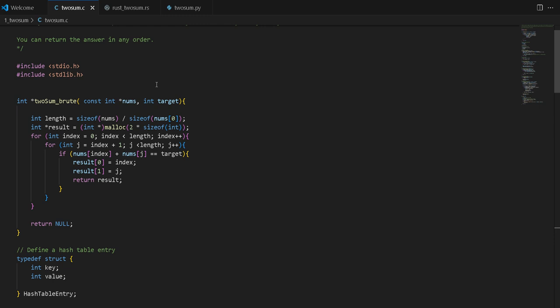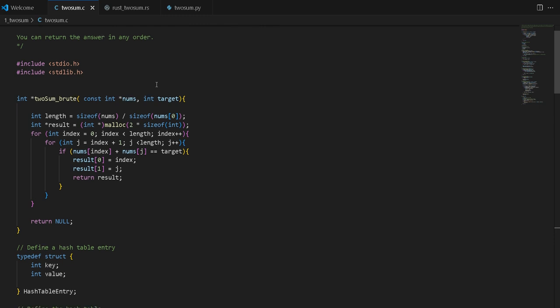For C, the brute solution is very simple, and just like Python, we just need to use two nested for loops and one if. Basically we use an array. So in this case, a pointer to nums, and we are saying that, hey, you don't need to change anything else, but just iterate through and compare the target versus the two numbers and their sums, and return them once